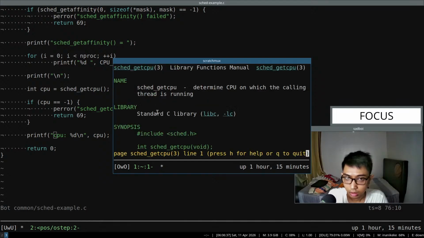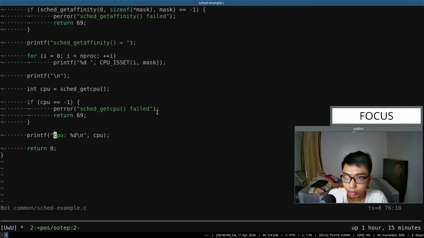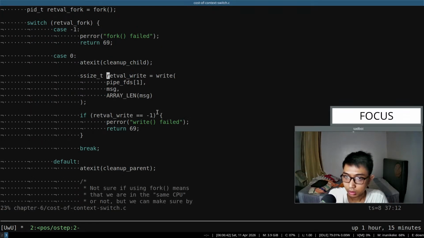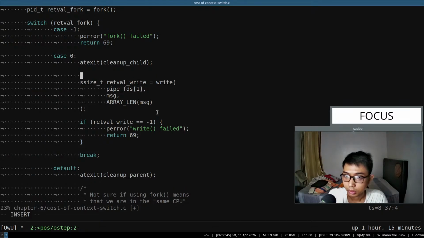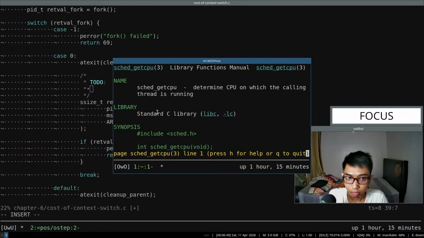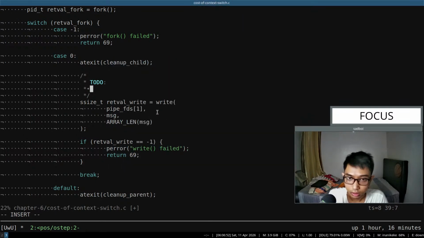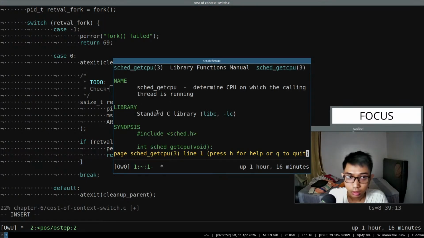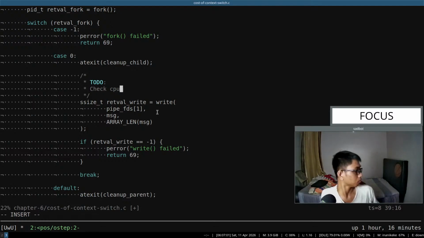If it is the same, what is it called? If you're using the same CPU on the child process and parent process, check CPU with